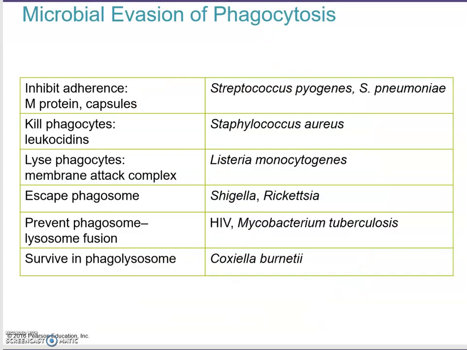Some pathogens have mechanisms by which they can evade phagocytosis. And so here are some strategies. Some bacteria inhibit adherence of a macrophage, for example. They have M proteins or capsules, and this is employed by Streptococcus pyogenes or Streptococcus pneumoniae. Some bacteria can kill phagocytes, so they have leukocidins. For example, certain strains of Staphylococcus aureus can do this. Then some bacteria